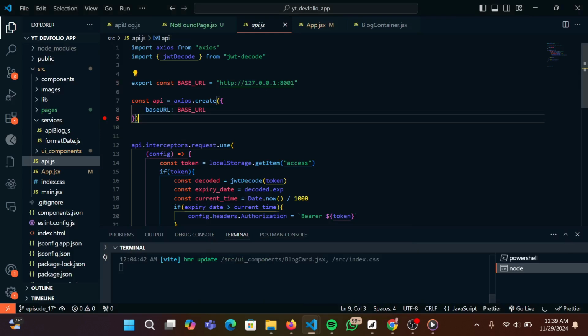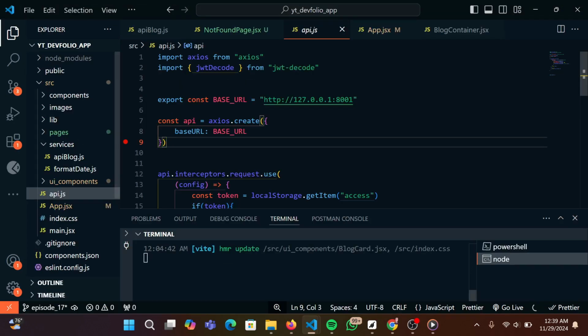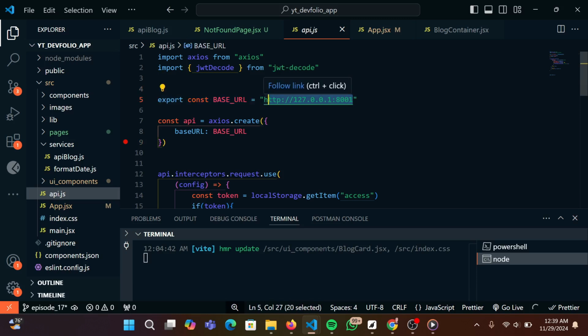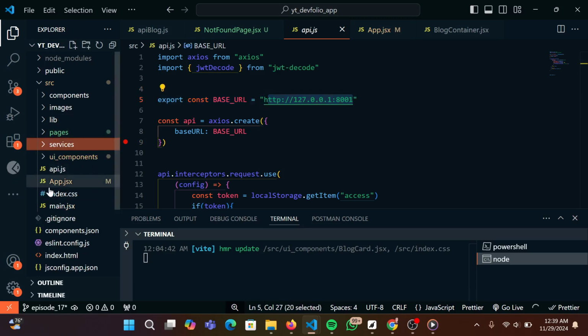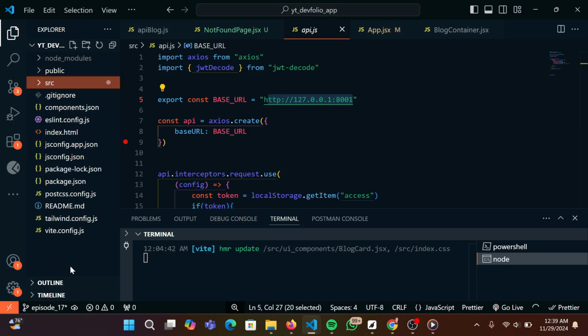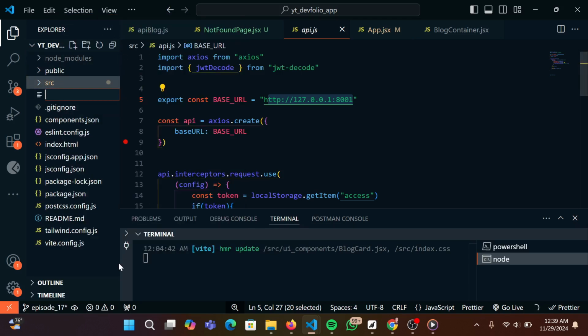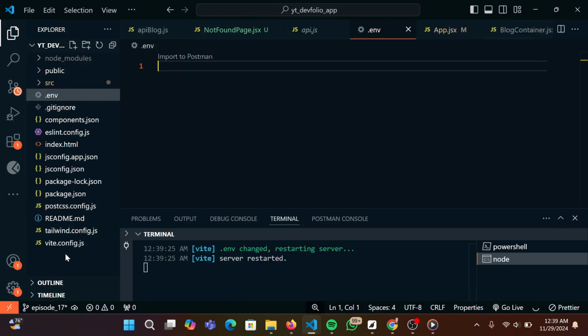What we are going to do now is use environment variables to know when to switch between the local URL of our backend and the live URL of the backend. So back to our code now. In the root directory, the same place where we have our vite config, I'm going to create a new file. I'm going to just say .env, and I'll create another one called